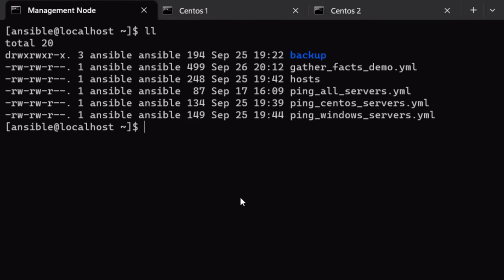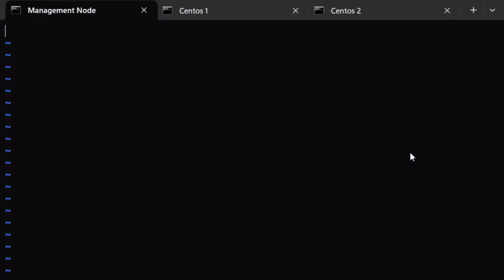So let's first see what we have on the screen. We don't have much here already available, so we are going to create a new file, which we'll call gather facts example.yml. In this file we are going to write the name of the play, which is going to be called gather facts